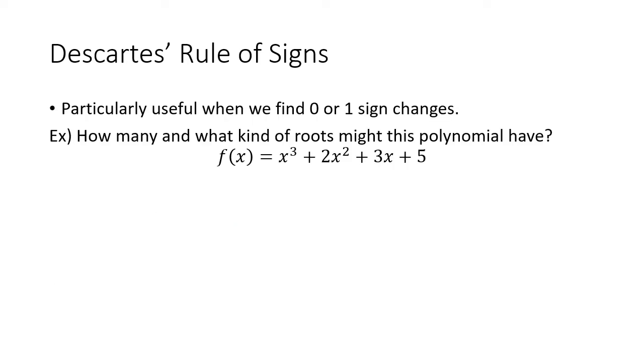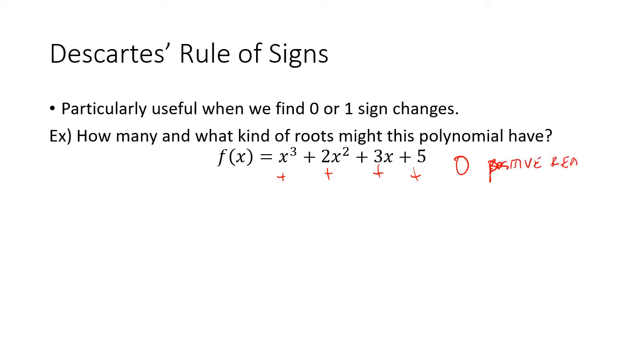It's particularly useful when we find that there are 0 or 1 sign changes. So here's an example. How many and what kind of roots might this polynomial have? f of x equals x cubed plus 2x squared plus 3x plus 5. Well, it's already evaluated for positive x, and all of these terms are positive. So there are no sign changes here in the positive x. That means there are 0 positive